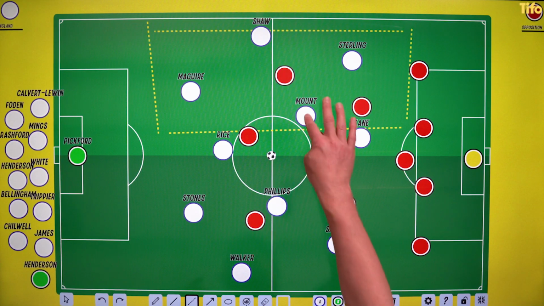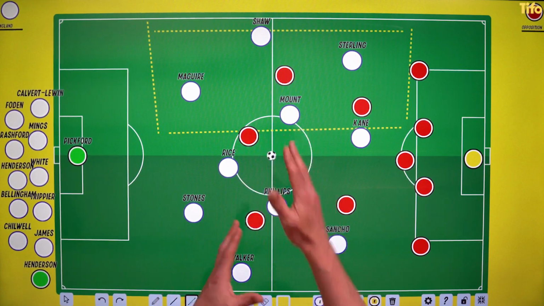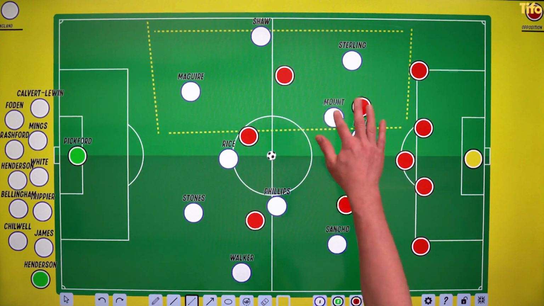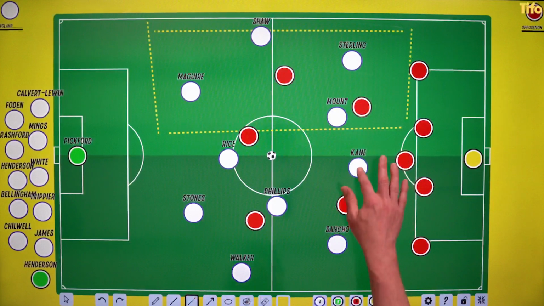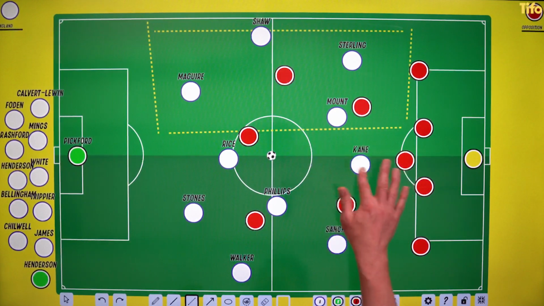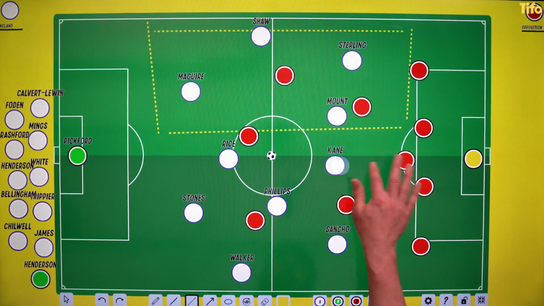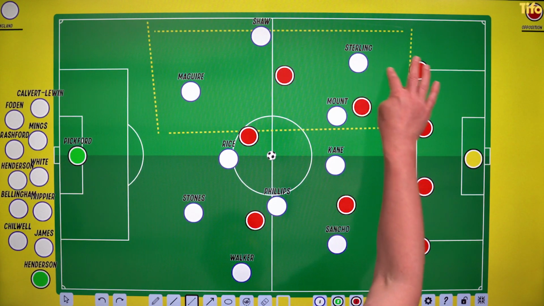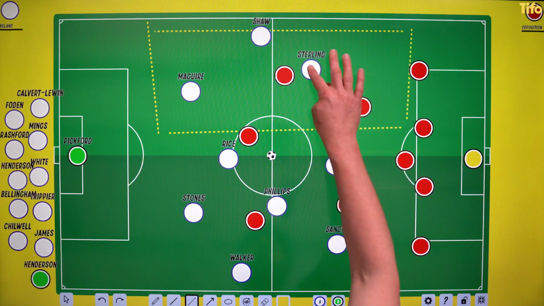Sometimes we call it a free 8 or an 8-10. So while he's nominally here on the left side of a midfield 2 with a pivot behind, he's actually pushing up into much more aggressive positions. Kane similarly is dropping off. So you get this nice mixture of players staggered at different intervals. Sterling as well will drop off very deep here.